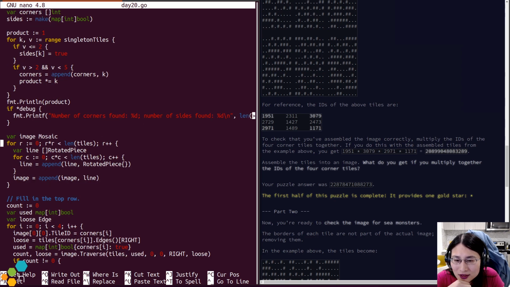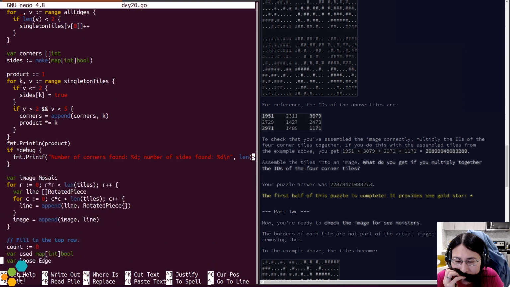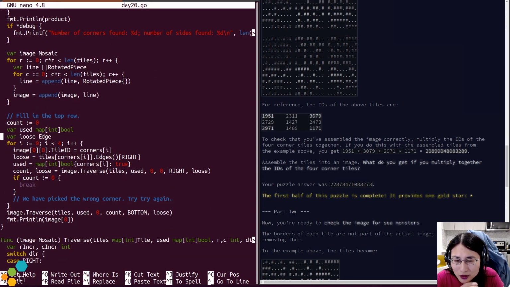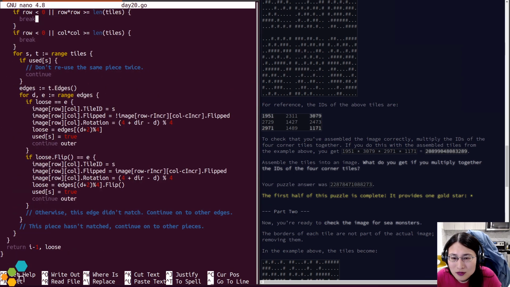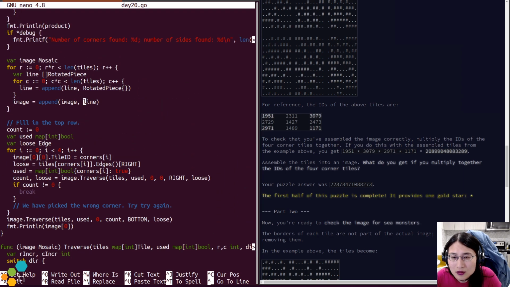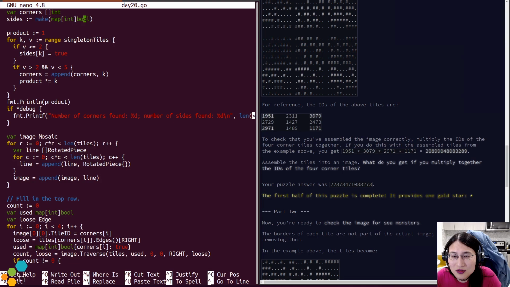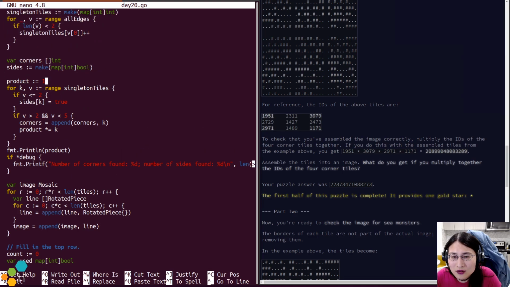Oh, in fact, I don't need to guess. I think the reason I don't need to guess is, okay, I don't actually need to guess this way because I will know which corner I need to use. The way that I know which corner I need to use is the singleton tiles.